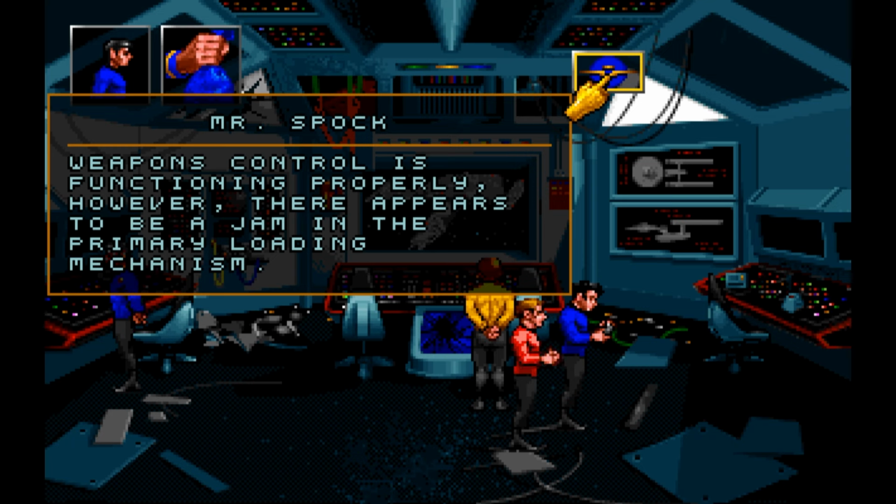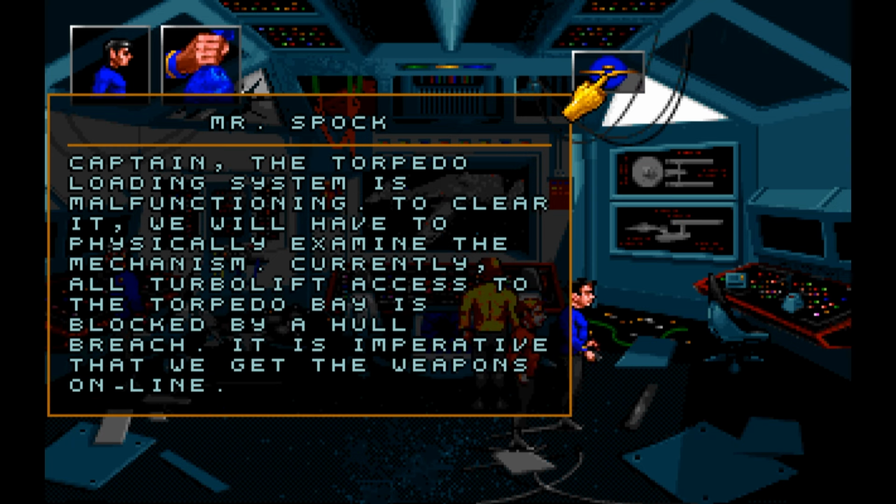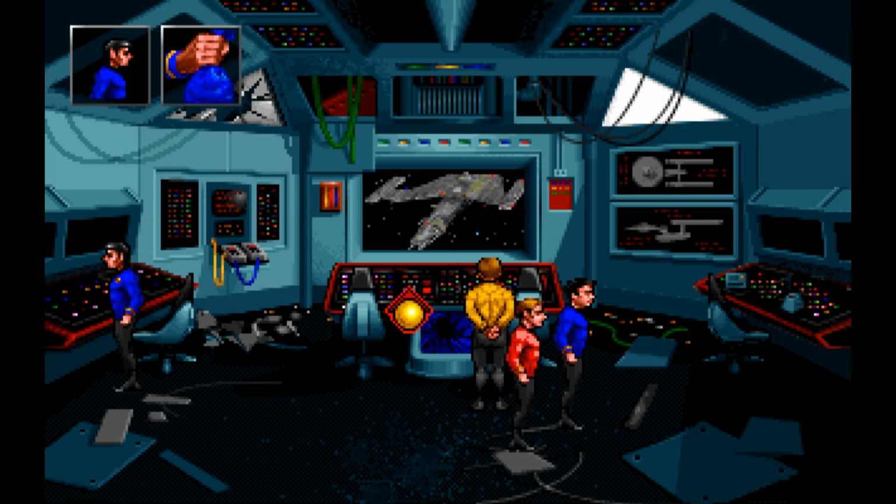Weapons control is functioning properly. However, there appears to be a jam in the primary torpedo loading mechanism. Captain, the torpedo loading system is malfunctioning. To clear it, we will have to physically examine the mechanism. Currently, all turbolift access to the torpedo bay is blocked by a hull breach. It is imperative that we get the weapons online. Right, okay. Now,